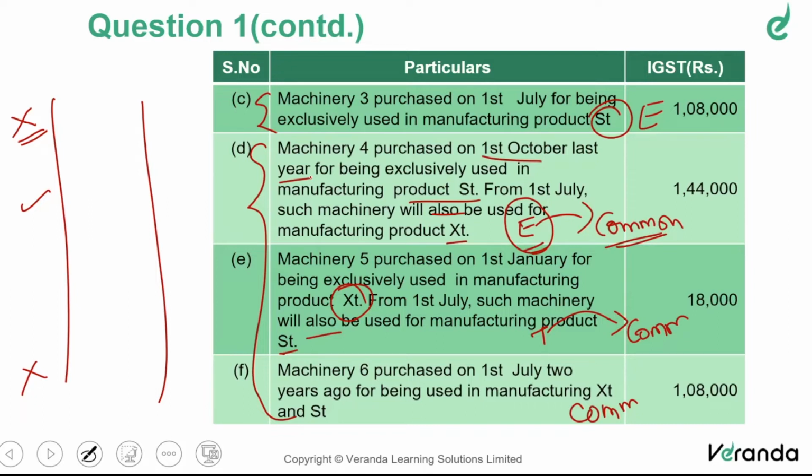So these three, 4, 5, and 6, are old machinery. Last year October, since it is completely used for exempt purpose, we would not have availed. Whereas now this current July, we are converting it to common use. Therefore, now we need to avail it first. But can we avail this entire 144 fully? No. First, we need to reduce from 1st October last year till 30th June, whatever the value based on divided by 60 into 5% per quarter.